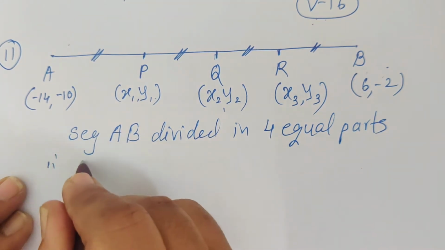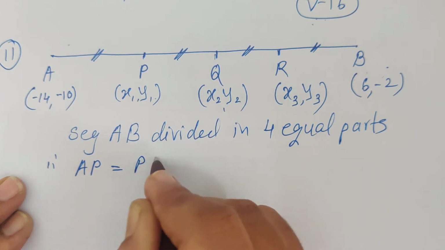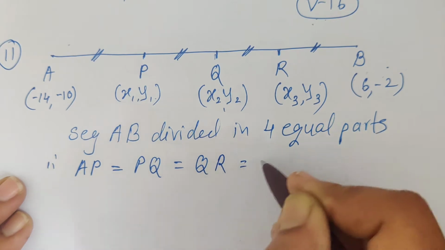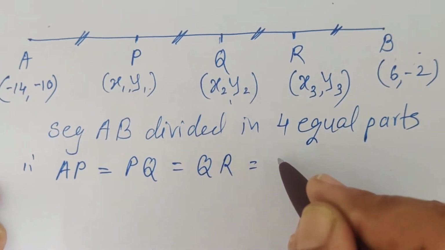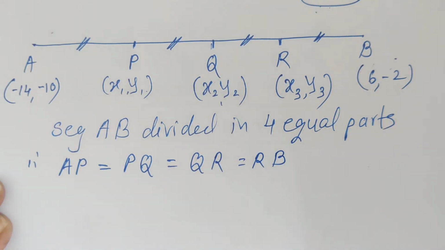So AP is equal to PQ equal to QR equal to RB. Now